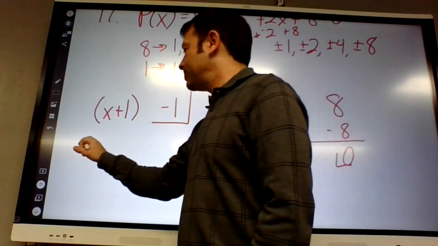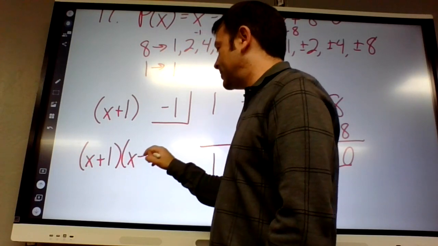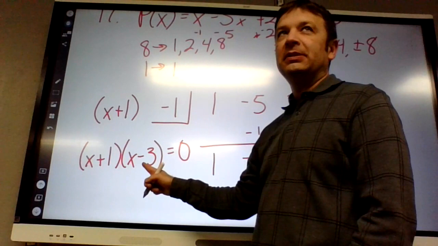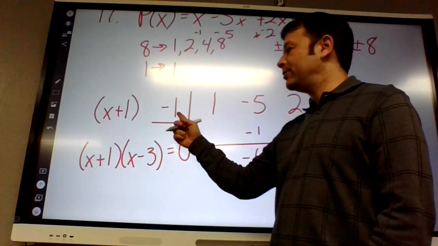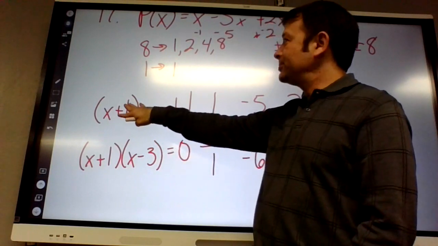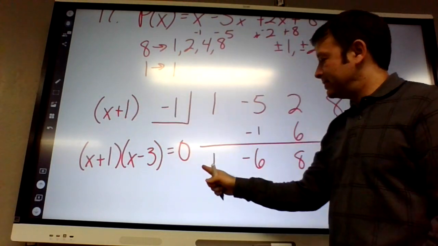You guys remember back when we factored last chapter, if we factored something like this, then the answers were negative 1 and 3. I'm kind of saying that backwards. If negative 1 is an answer, I know x plus 1 is a factor. And I also know if I divide this thing by x plus 1, that this is the